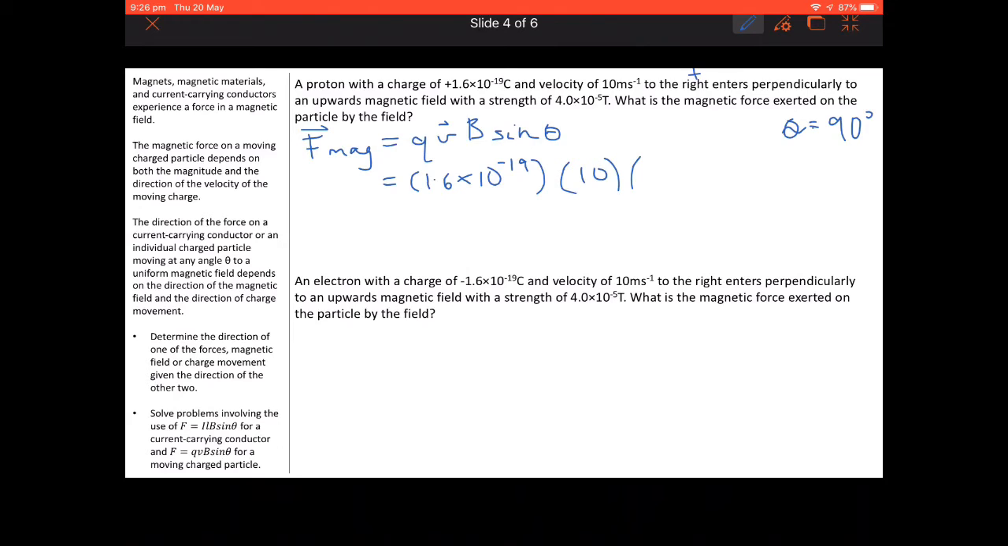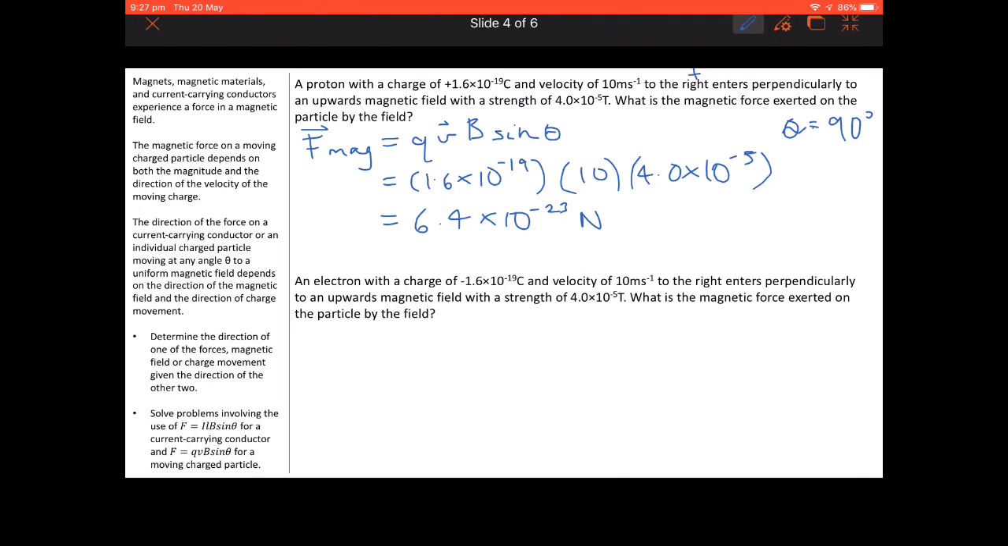And the field strength is 4.0 by 10 to the negative 5 teslas. So our magnetic force will end up being 6.4 by 10 to the negative 23 newtons. Now, if we want to work out the direction of the force, we know that it's moving to the right, so we'll point our thumb to the right, and we know that the magnetic field is upwards. So we'll point our fingers upwards,